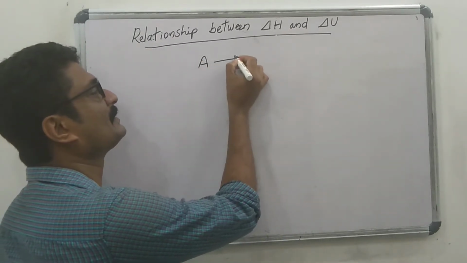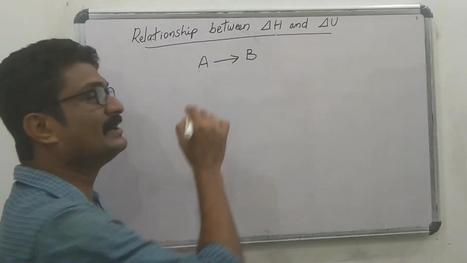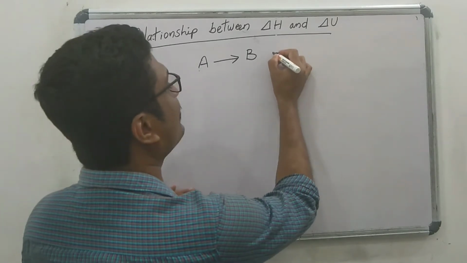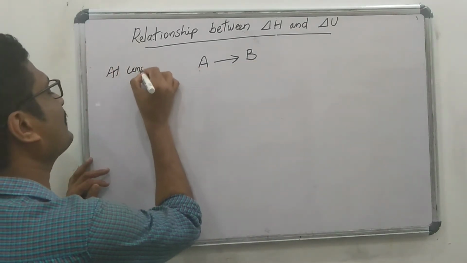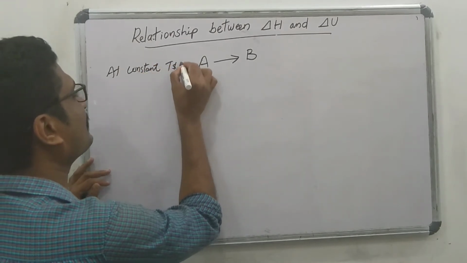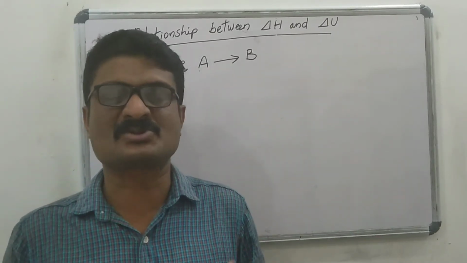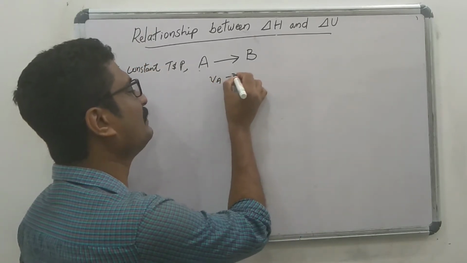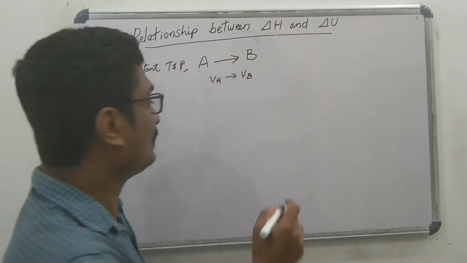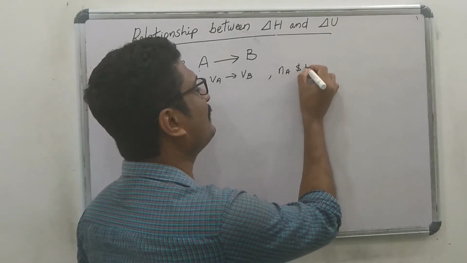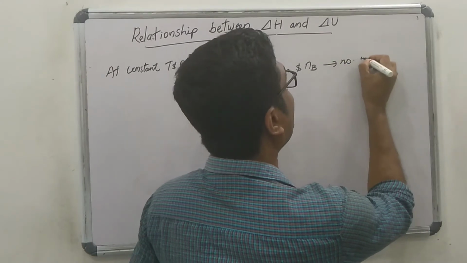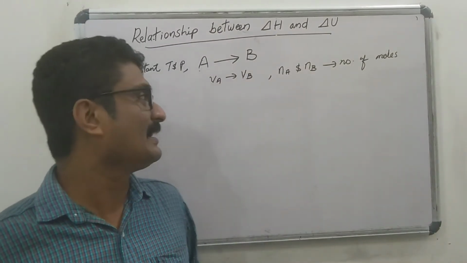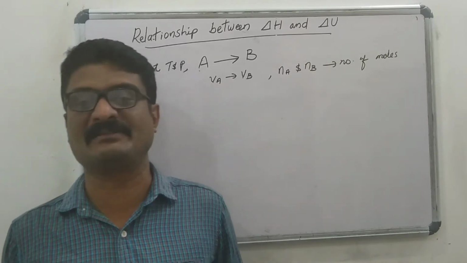Here the gaseous reactant A is converted to gaseous product B. Suppose during this reaction the volume is changed from VA to VB, and let NA and NB be the number of moles of